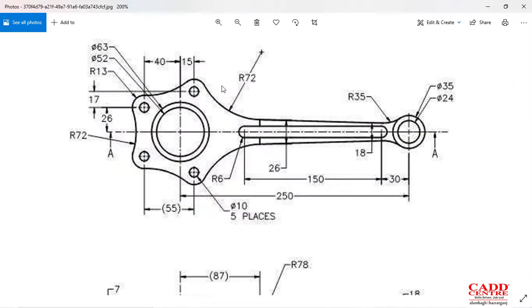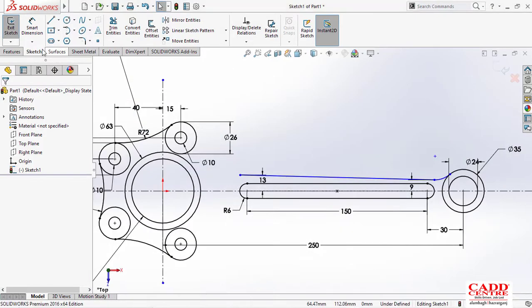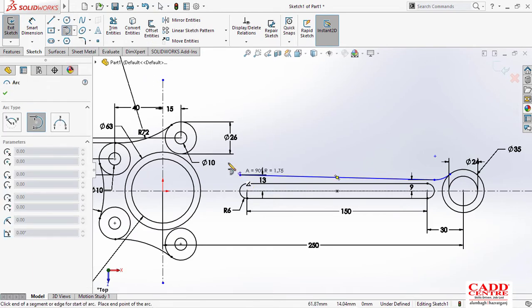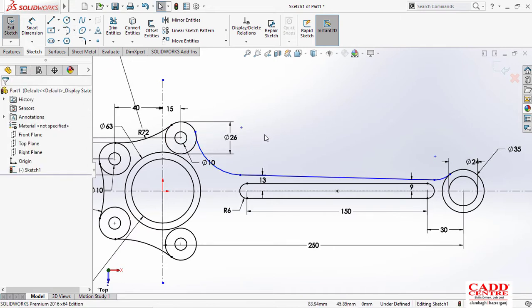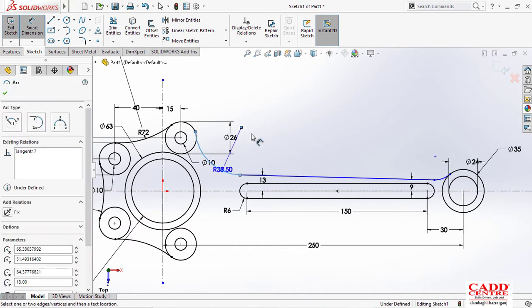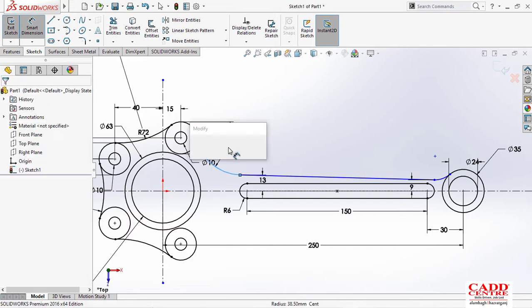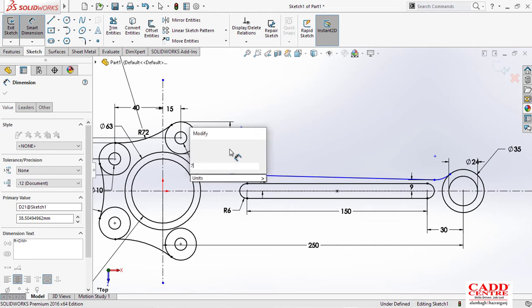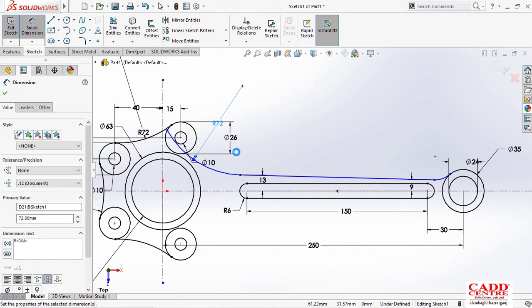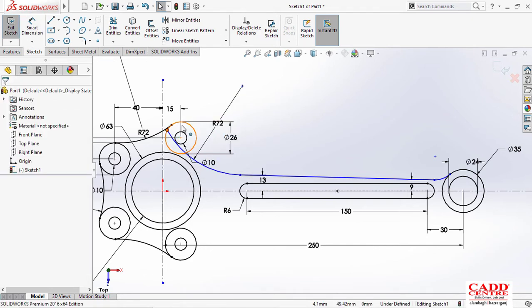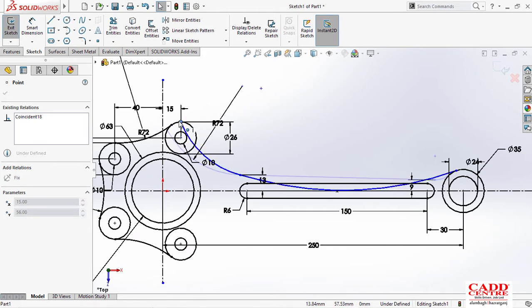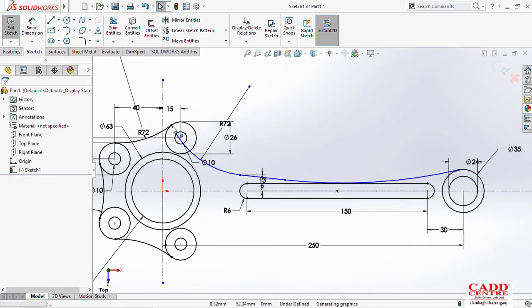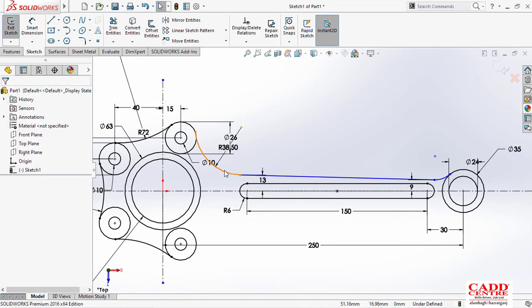So they have given that there is another arc which is also 72 and tangent with each other. Okay, so I'll just maybe draw another tangent like this one and just touch it with this, and provide the radius first, then I'll move forward. So radius for this is 72. Okay, now we have to just move that line. Okay, one second, there's something mistake, I think.